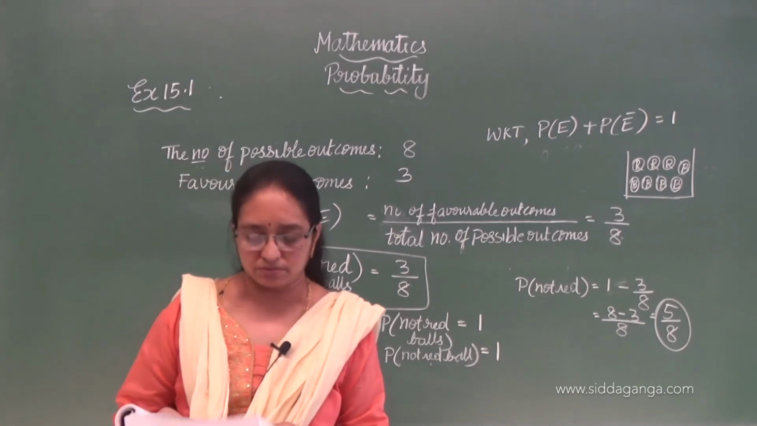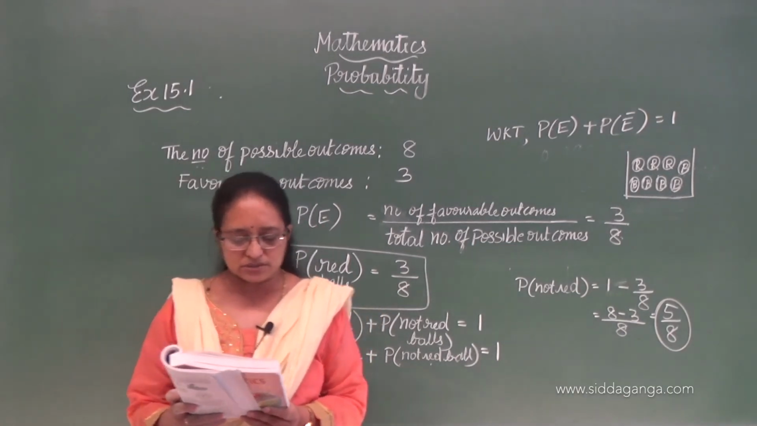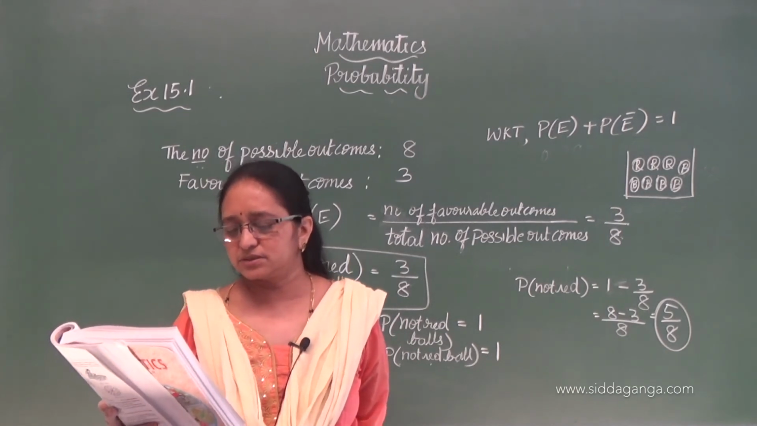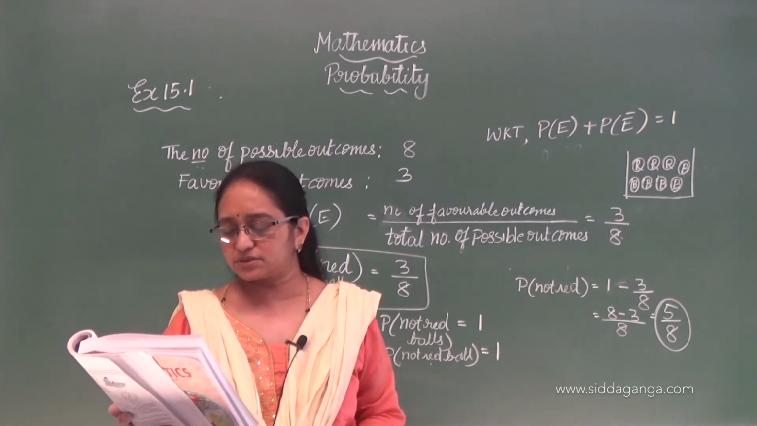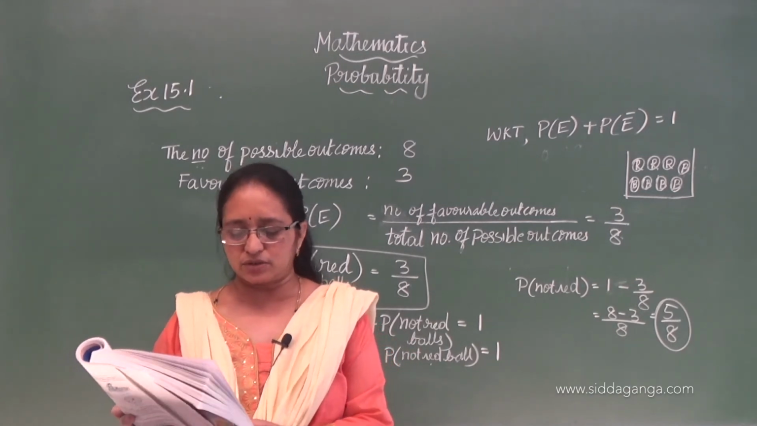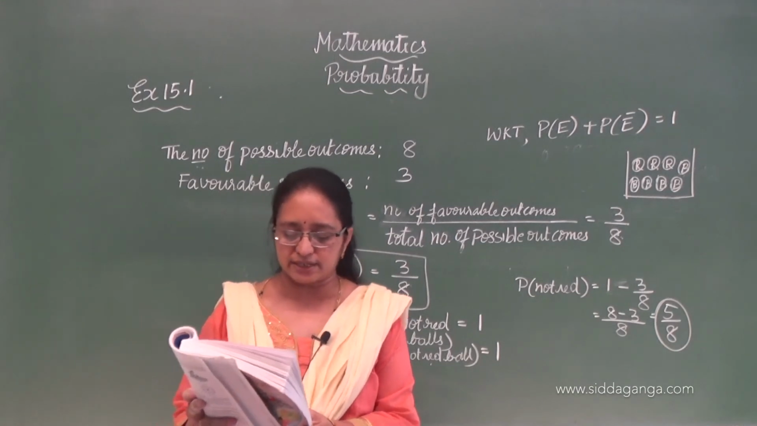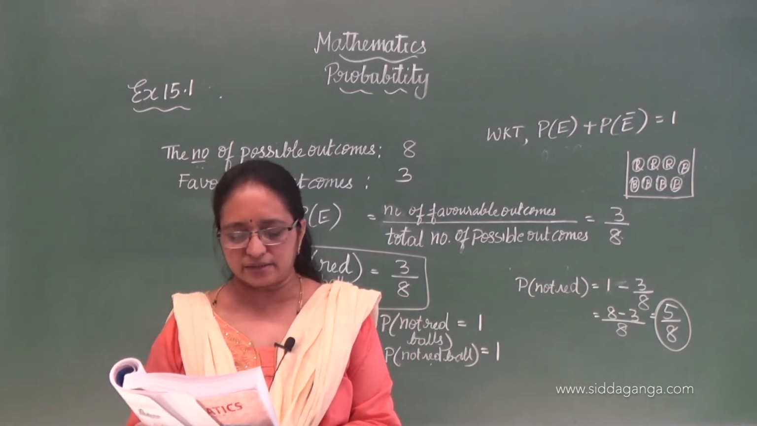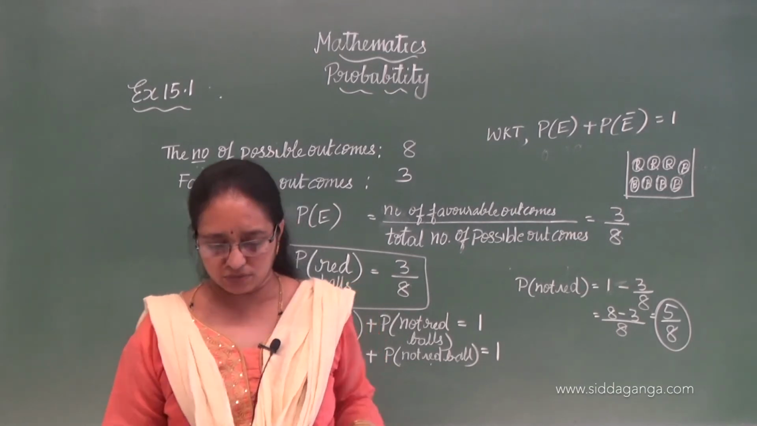The last problem of today's class. A box contains 5 red marbles, 8 white marbles, 4 green marbles. One marble is taken out of the box at random. What is the probability that the marble taken out will be red, white, not green? Okay. Now,